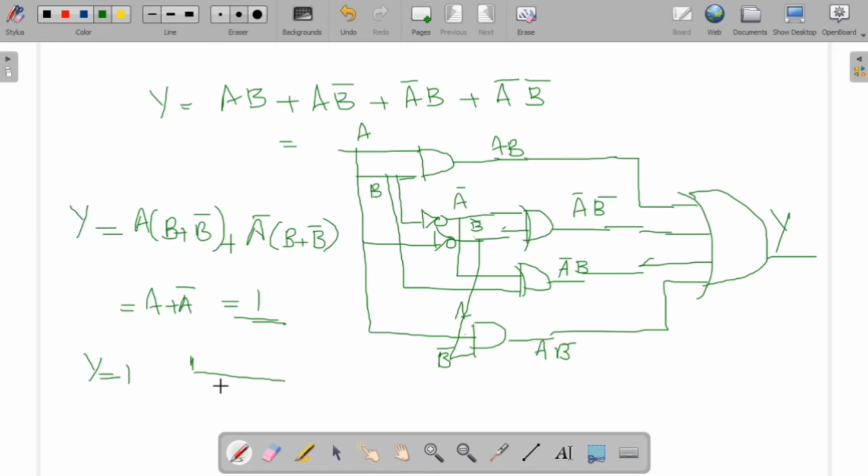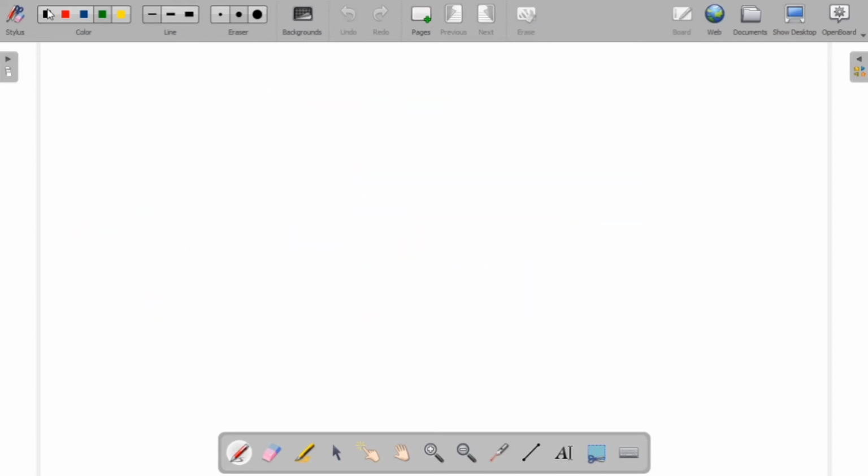So what I want to say is that when you are getting an equation, you can apply many laws, many theorems of the Boolean algebra, and you can reduce into the minimum term. Instead of directly doing the steps, or instead of directly connecting the gates, try for maximum reduction. After reduction, what you are getting, you will then just try to realize it using the minimum number of gates. So these are certain little examples how we can reduce the gates. Let us try another equation.